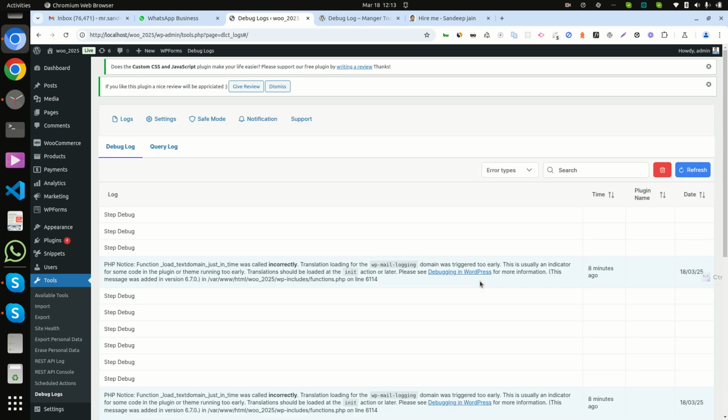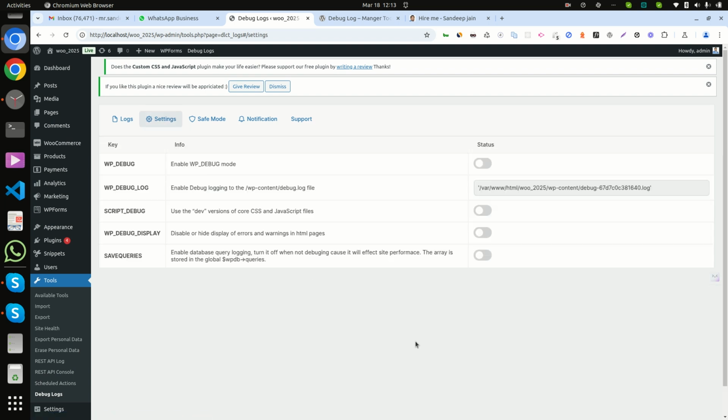So here there are settings. Here WP_DEBUG is true, so we can get all the information, and this is the path of the debug log. It is the default path, but it is set by this plugin. You can also enable script debug, and if you want to show errors at the front end, you can display them here, but